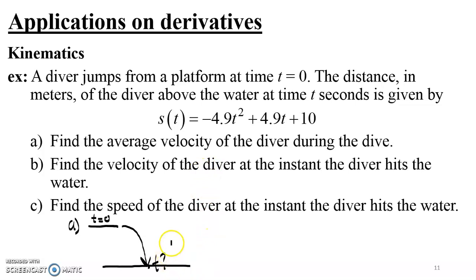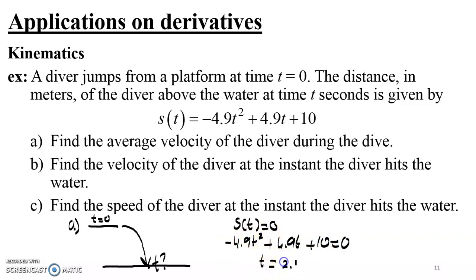So before I actually find the average velocity, I need to determine the value of t at which the diver hits the surface of the water. Now, since s of t represents the distance between the diver and the surface of the water, then the moment he hits the water, s is equal to 0. So in fact here we need to determine the value of t for which s of t is equal to 0. So by setting this quadratic equation equal to 0, you can use your GDC in order to solve that equation. So by setting that equation equal to 0, we'd determine t equals